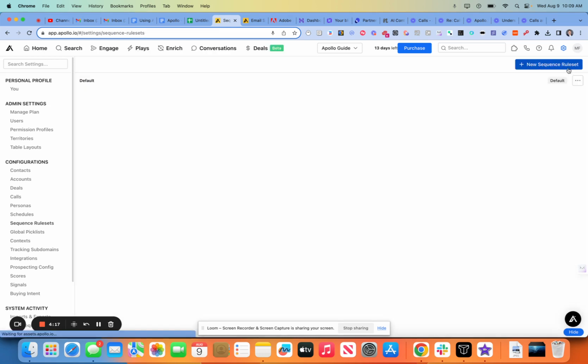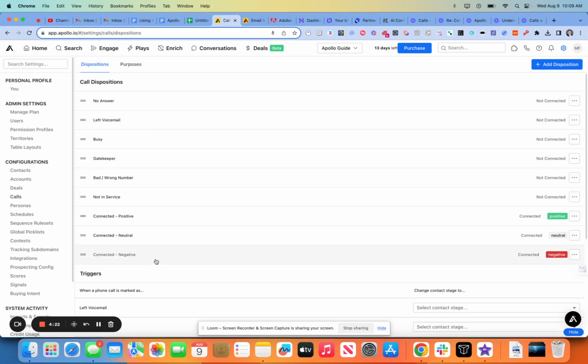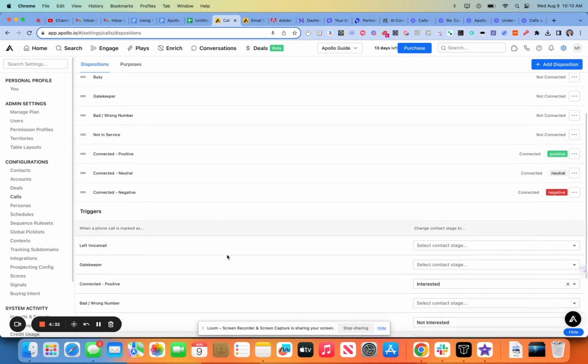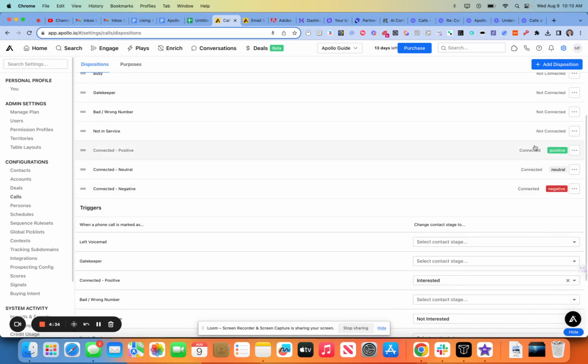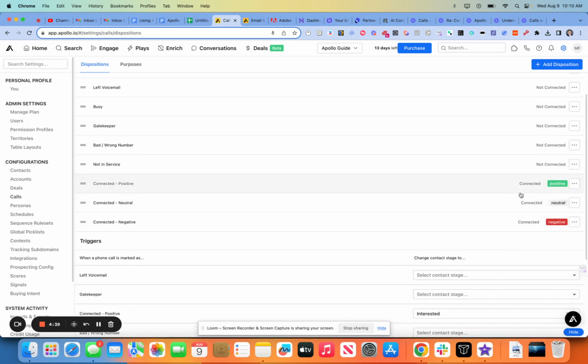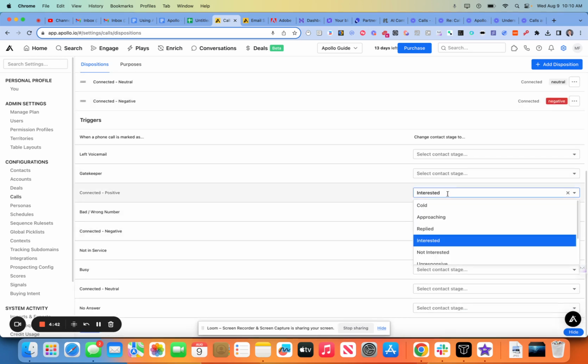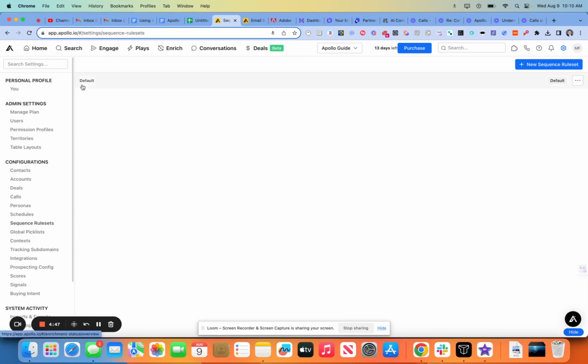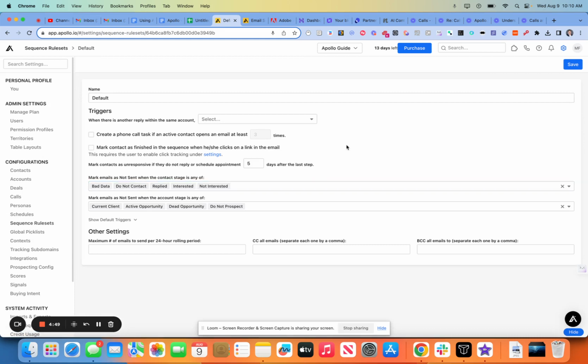Okay, so it's kind of a two-level flow there, right? So there's call, disposition, then that changes the stage, and then that stage. Call, disposition. The disposition changes based on the outcome of the disposition. Okay, so it's a little bit tricky because this doesn't say, hey, we're going to remove everybody from every sequence. But if you come over to your rule sets, you'll see where that takes effect. Okay, takes effect here. Alrighty, next we're going to do setting up the dialer.